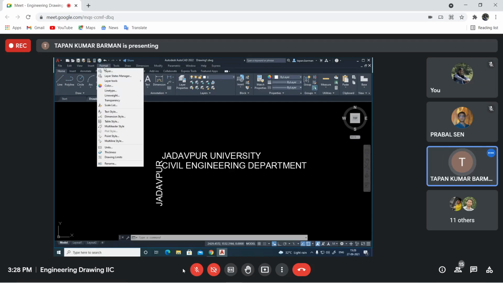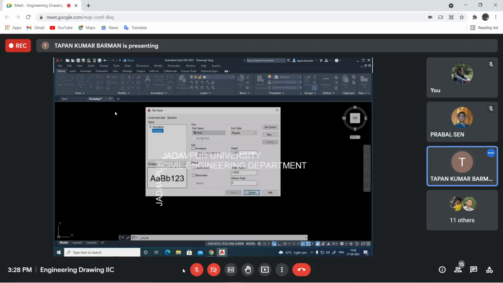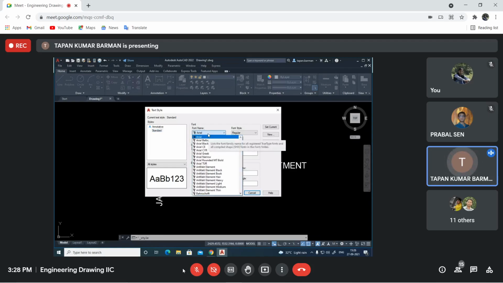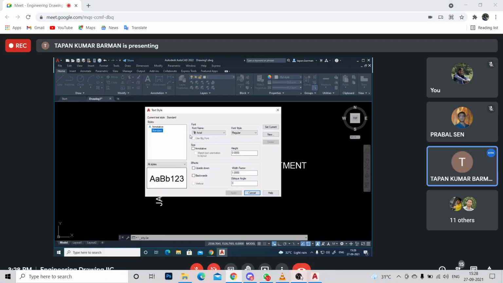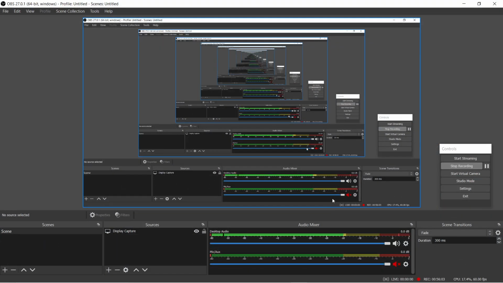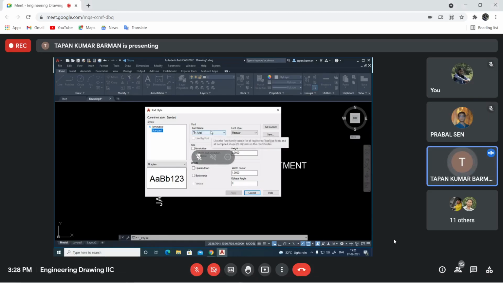Also, what you can do from your text style, you see here font, you may change the font. You may have different fonts there. So from your format, you can change that font. That is called text style. In the text style, you do not change the height, because only in the command line we can change the text height. So font name, here you can use different font names.